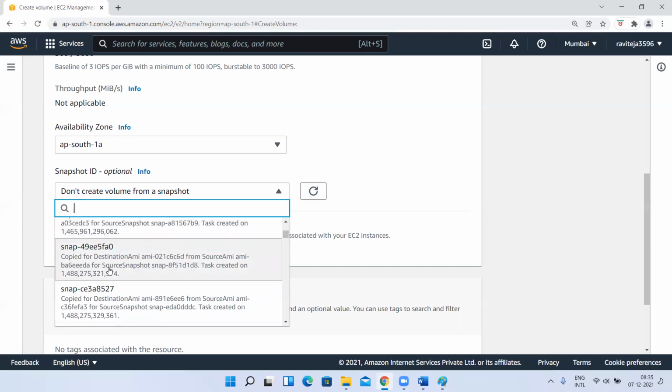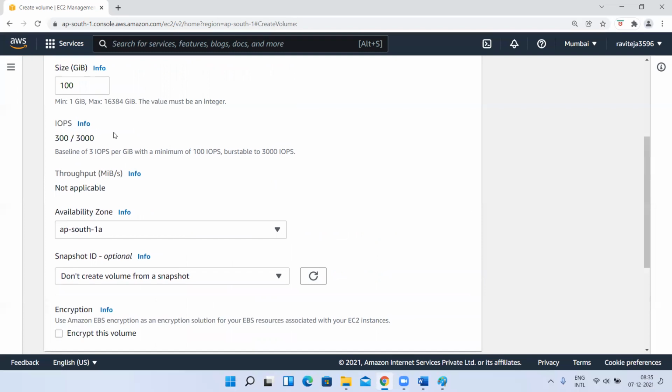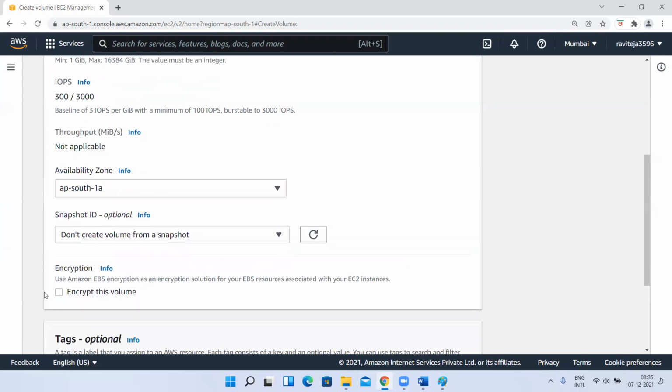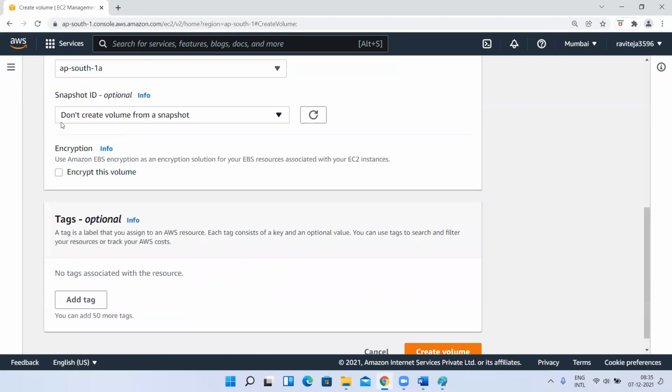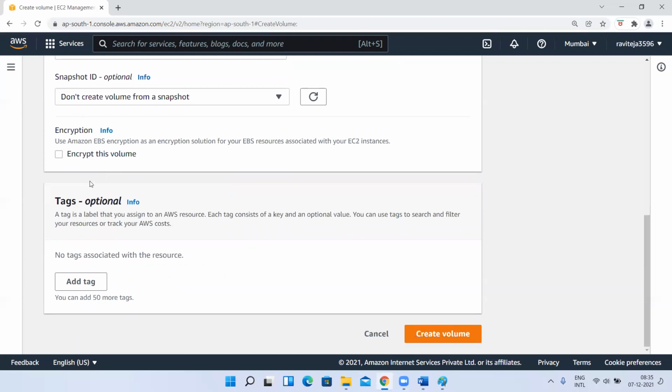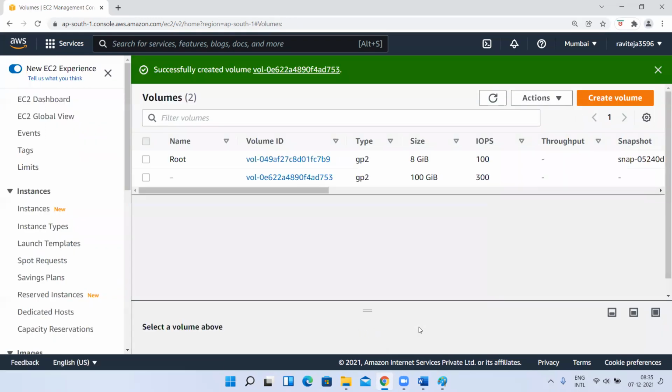So using that snapshot, do you want to create a volume? Do you want to create this volume from an existing snapshot or not? No, I don't want to create from an existing snapshot. I want to create this volume as a new one. Do you want to encrypt this volume? Means the data you are going to store on this volume, does that need to be encrypted? No. So I'm not selecting this. If you want, you can select this, create volume.